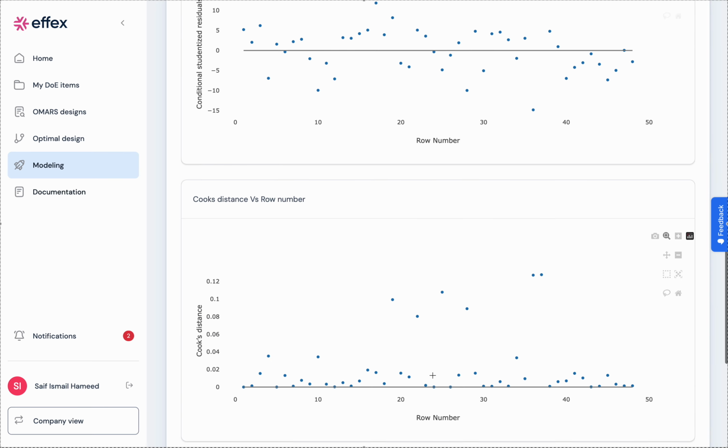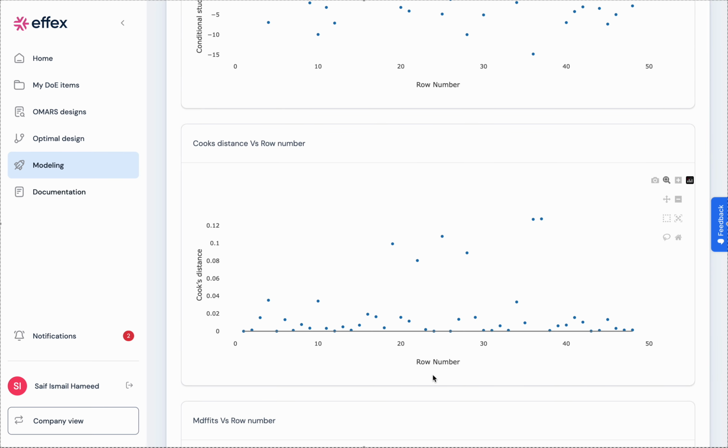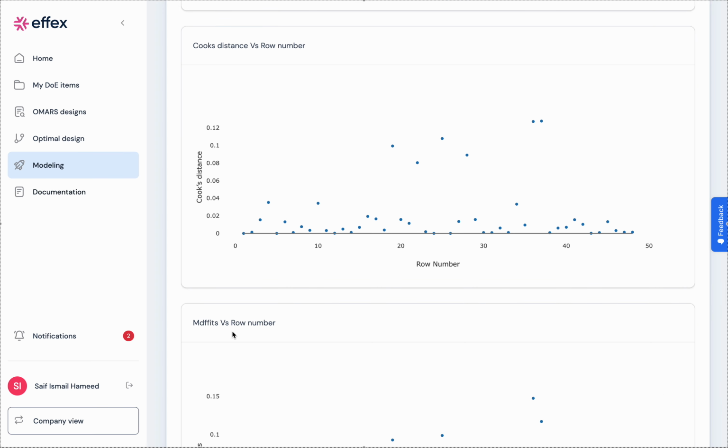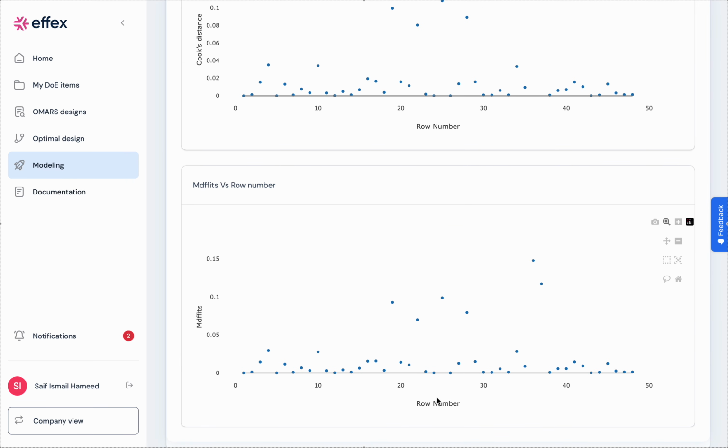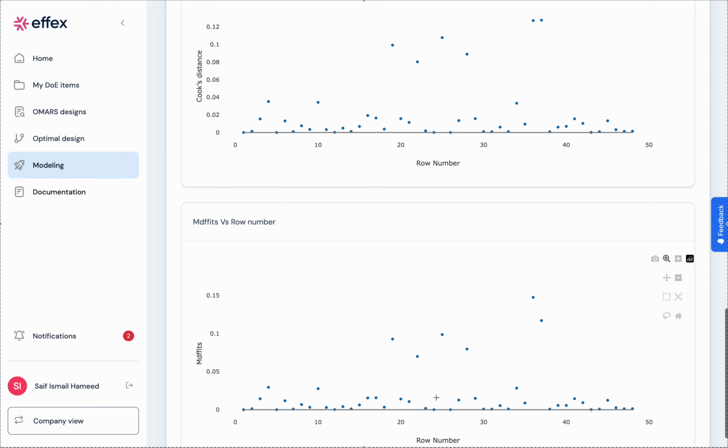And then finally, you have two other charts which plot the Cook's distance with the row number and then the MDF fits value with respect to the row number. And these charts should be always very similar, except there are two slightly different criteria. They both represent roughly the same information, which is how important each observation is with respect to the fit of